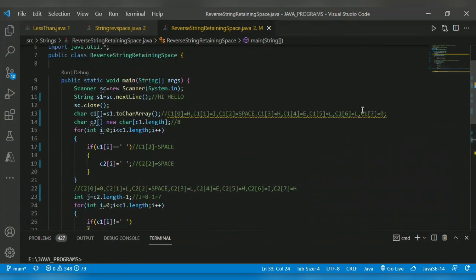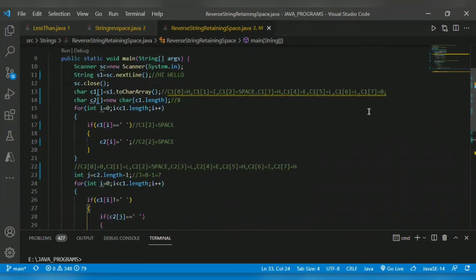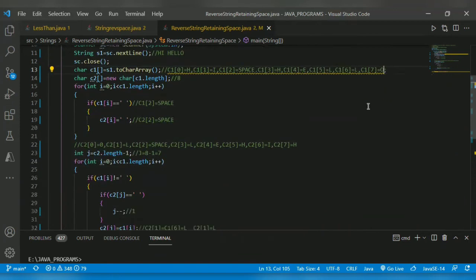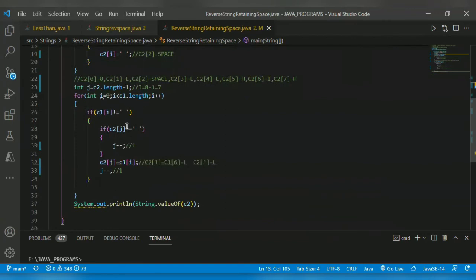c1 of 7 is not equal to space, condition satisfied. j will decrement to 0. c2 of 0 is not equal to space, so it will come here.